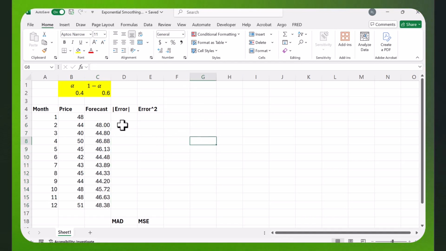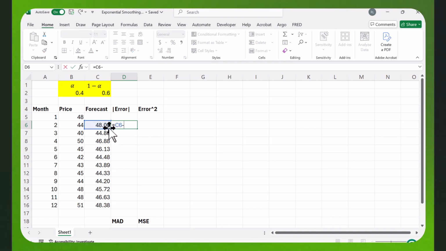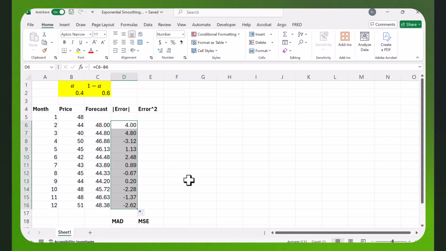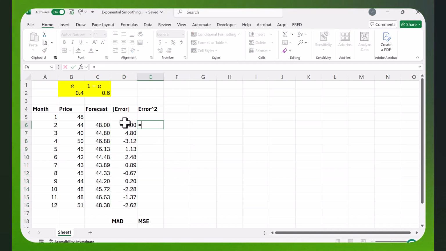All right, now let's compute the error terms. In this case, let's compute the absolute value of the error terms. So this is going to be equal to the forecasted value minus the actual value. And again, I'll just copy that formula down by double clicking. I can also calculate the error squared. So I'm just going to square these values here